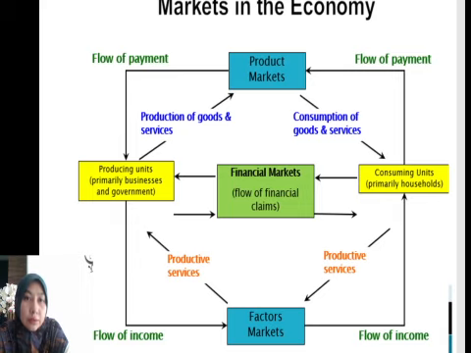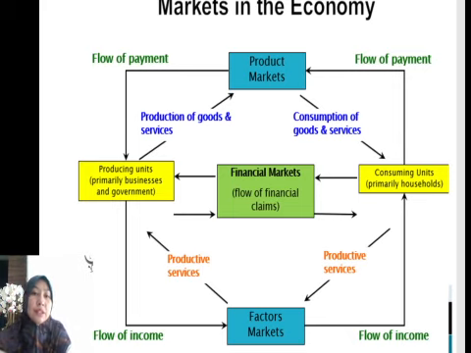So in economic systems, basically we have two types of market, which are the products market and also the factor market. Okay. So this product market is basically supplied by the production unit. Okay, we call it the production unit, and we have here the consuming units, the group of people that consume the products, and the producing unit is a group of people like businesses and governments, who do production of goods and services to supply in the products market.